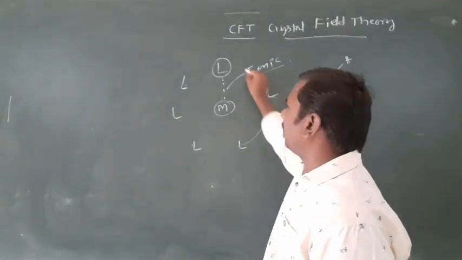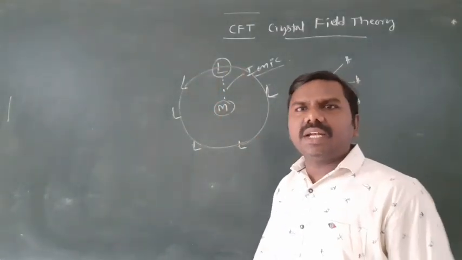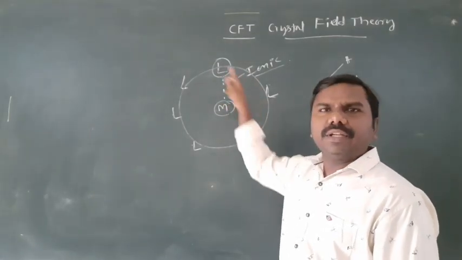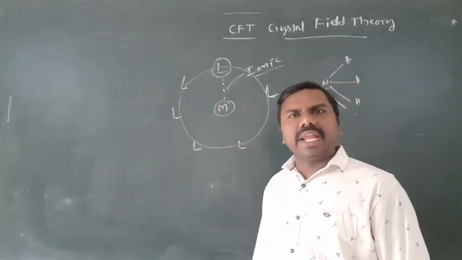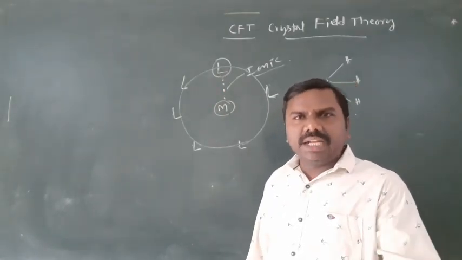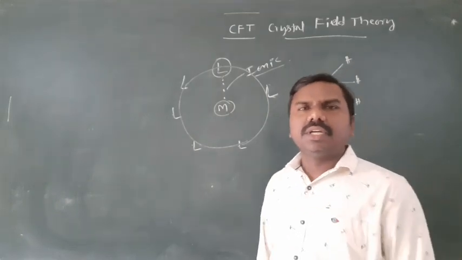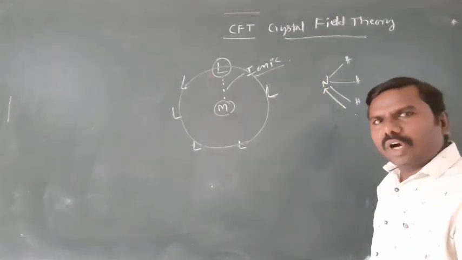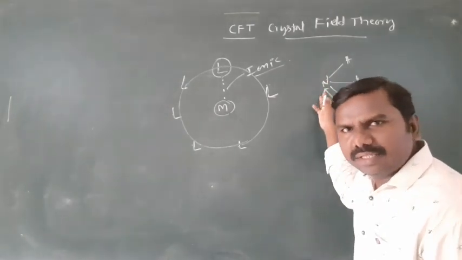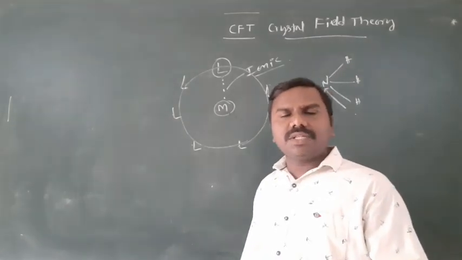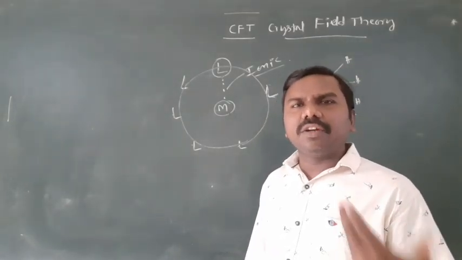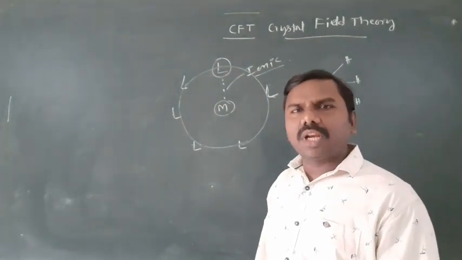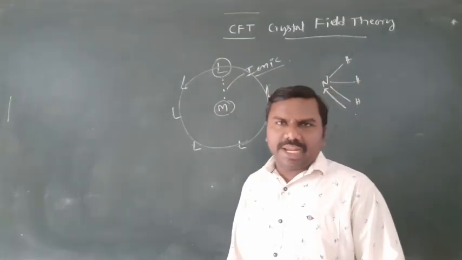So in the beginning there is only the metal. During the approach of ligands to the central metal atom, if ligands surround the central metal atom, a spherical symmetrical crystal field will be formed. Field in the sense, the negative field. Negative field means ligands are negative, negatively charged ligands. Neutral ligands have an electronegative atom, and obviously it has some electron density. Electrons are negative charge, so that is also a negative field. Ligand is nothing but a negative field, whether neutral ligand or negative ligand.